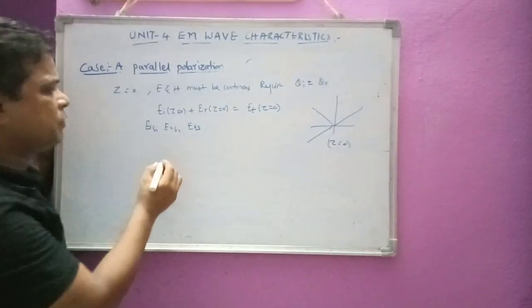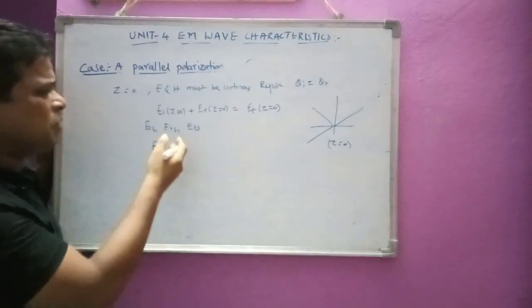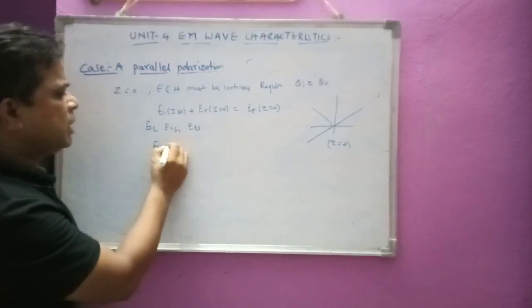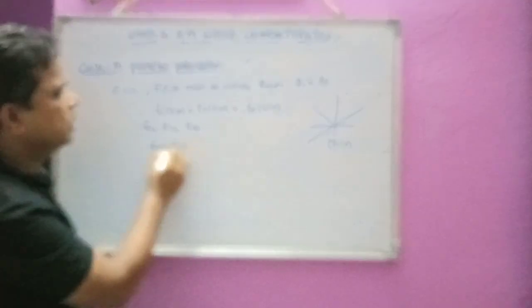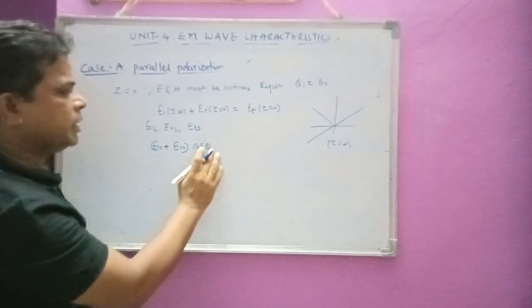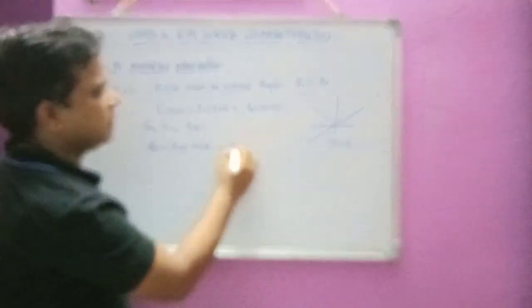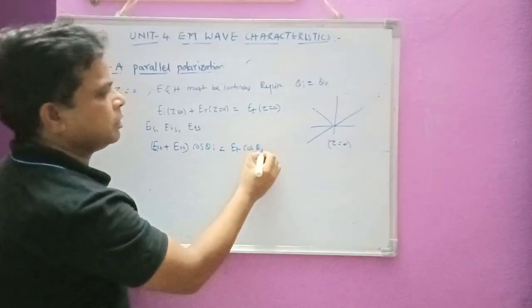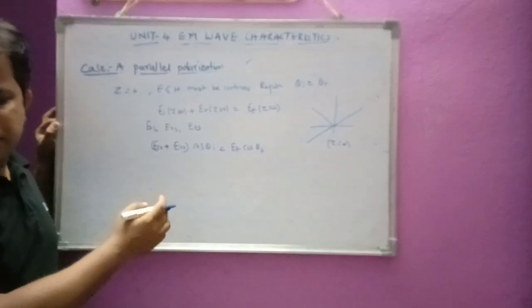So from those equations I can write here EI0. I can't repeat those equations because the board is small here. So EI0 plus ER0 into cos theta r, where theta r is theta I, equals ET0 cos theta t. You can see those equations from the previous equations we have derived till now.